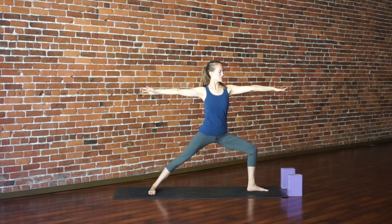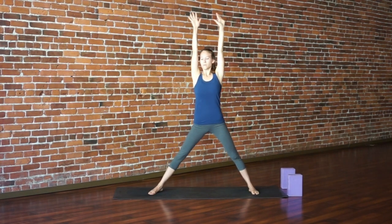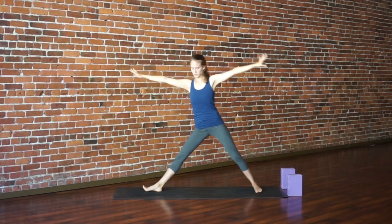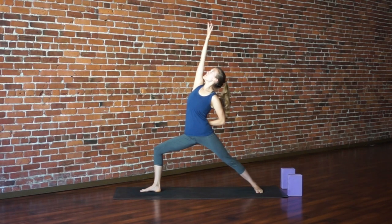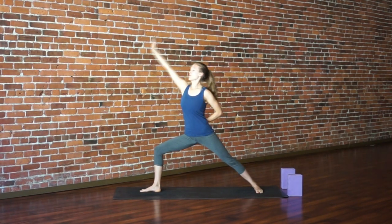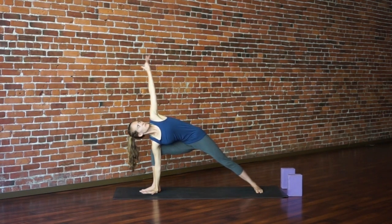High pyramid, breath in, parallel your feet, reach up. Warrior two, top of your mat as you exhale. Reverse your warrior, breath in, right arm up and back. Extended side angle, right elbow above right knee, left arm reaches up and over, or right hand all the way